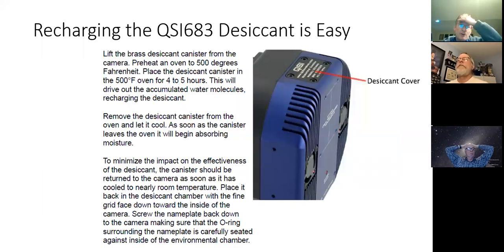So for my camera, I have the QSI 683. The desiccant chamber is here up on top. There's 4 hex head screws that hold it in place. You take the screws out, the desiccant cylinder is just below it. It's about 1/3 the size of a AA battery, and you pop that out, you set it on a piece of tin foil, and you put it in the oven at 500 degrees Fahrenheit for 4 to 5 hours, and